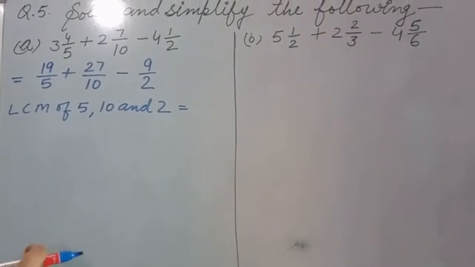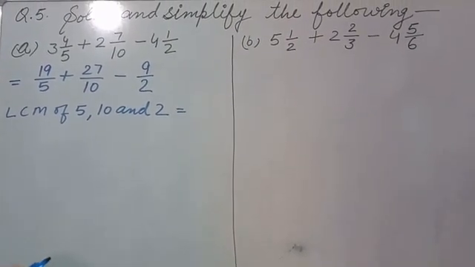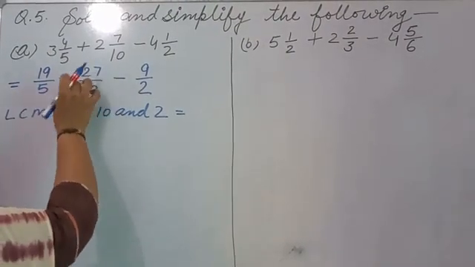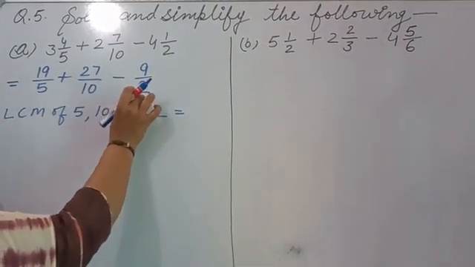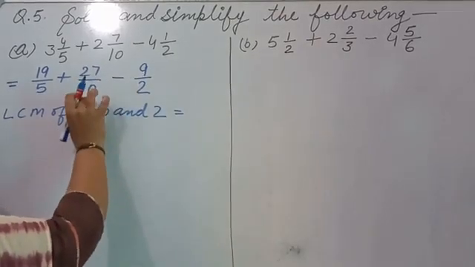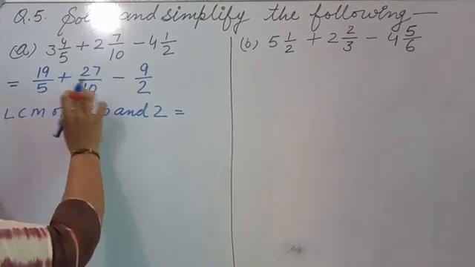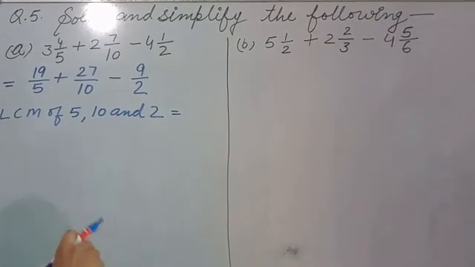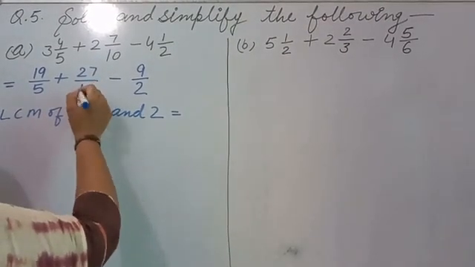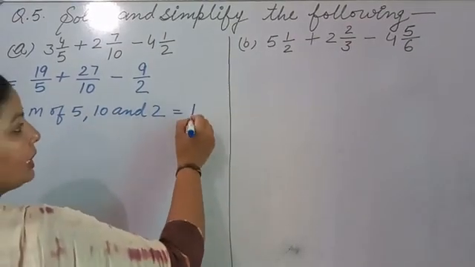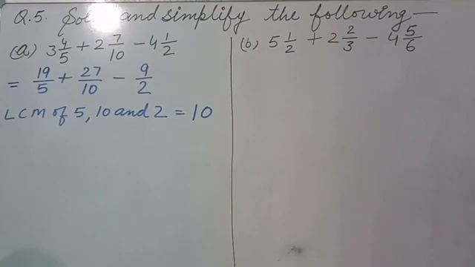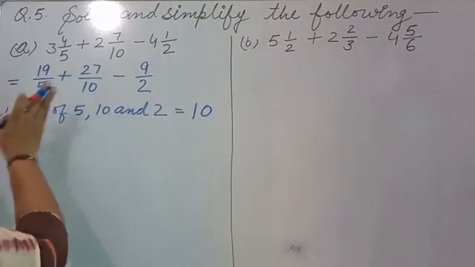If we are getting the big number, that will be our LCM. So here smaller are 2 and 5 and largest is 10. So in 2 table we have 10. Yes, 2 5s are 10, and in 5 table also we have 10. 5 2s are 10. So that means 10 is our LCM. If the bigger number comes in the smaller number's table, that will be our LCM. So LCM is 10. Okay, now we make their equivalent fractions.